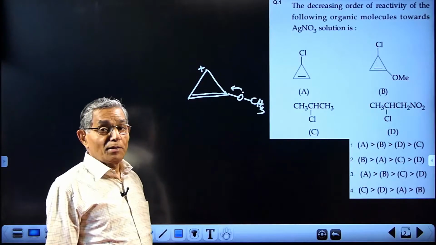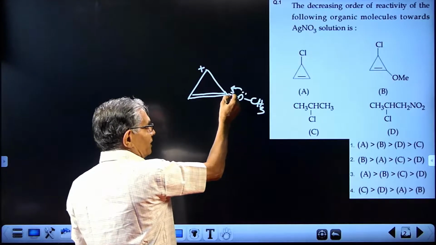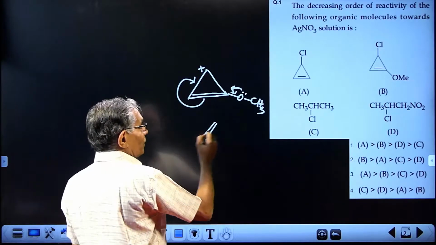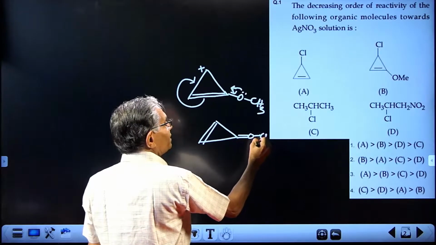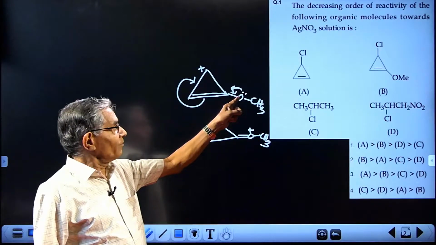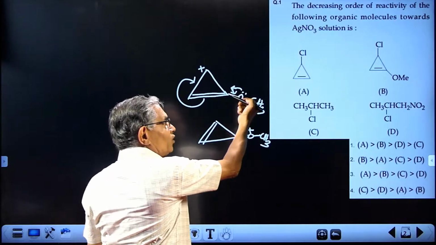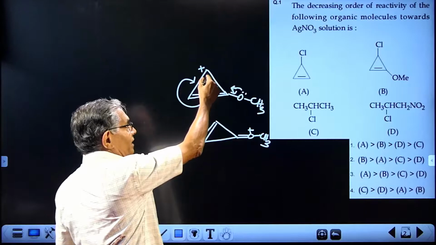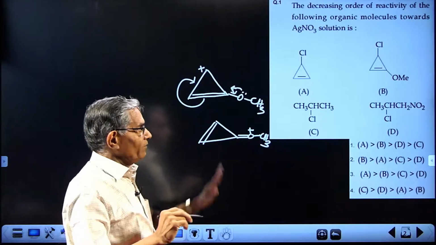It will increase the number of contributing structures. For example, the lone pair can be brought over there and this can be shifted here, giving another structure which is this one. So, there is a stabilization by conjugation if there is an OCH3 group there. That gives you the answer actually. But if the group is electron withdrawing, that can only destabilize it, because the positive charged ring, if you withdraw electrons, becomes more positive.